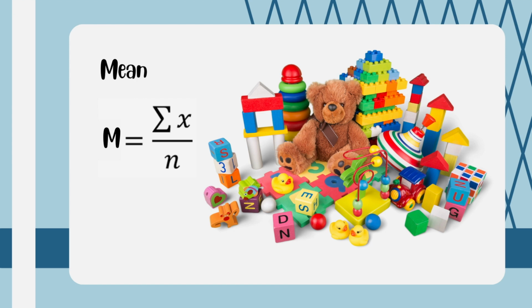So the mean, or average, of toys. Think about the mean as the average. If you had 10 toys, you'd add up the number of toys and then divide by 10. For example, if you have 3 action figures, 5 stuffed animals, and 2 cars, you'd add them up: 3 plus 5 plus 2 equals 10. And then divide by the 3 types of toys, giving you about an average of 3.33 toys per type. And here's the little formula for it right there: the mean is the sum of everything divided by the